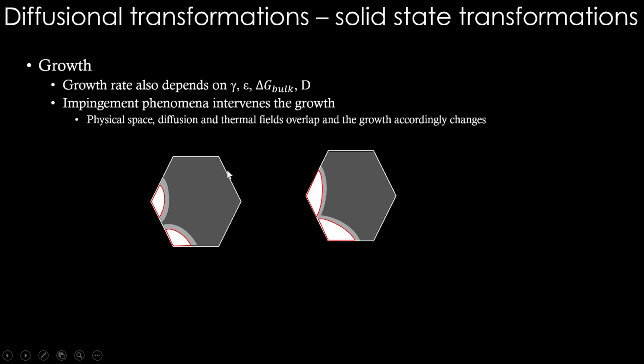So if we are simulating, let's say, or we are trying to understand one full transformation, we should not be focusing only on diffusivity and how it affects the entire transformation. We need to know the interfacial phenomena, the strain energy, the interfacial energy. All these things are important, and towards the end of transformation, things like impingement also matter. Even the physical space is now overlapping between the two grains. So they have to stop considering the fact that there is the other grain coming near that.